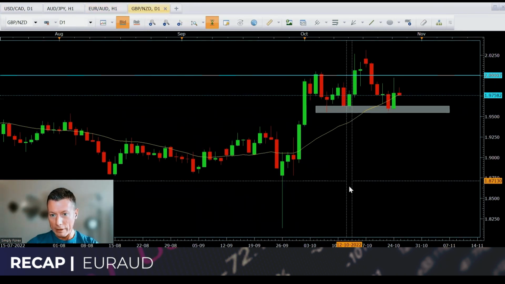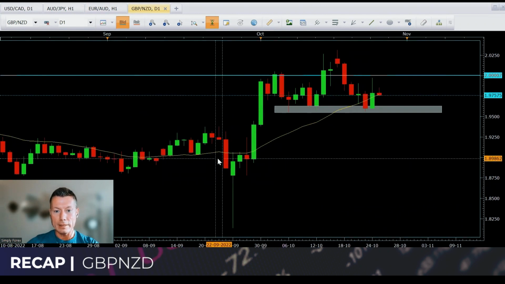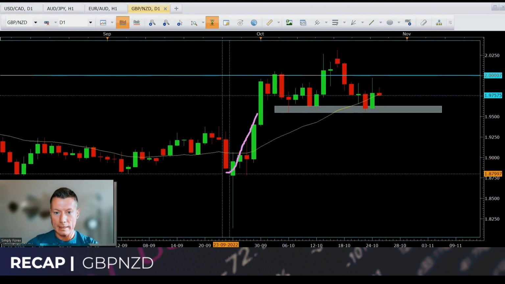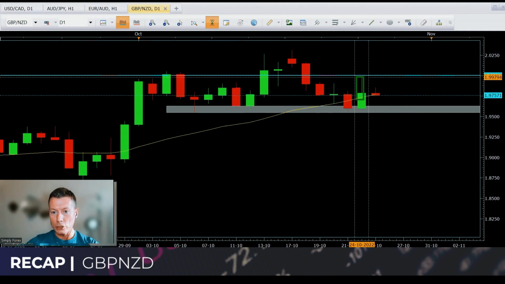The fourth and final trade from yesterday was this. This was the pound against the New Zealand dollar, and we were looking to buy this pair. So price was clearly in an uptrend, higher highs, higher lows, and the lows held. Okay. And then once price got back to this grey zone, we were just looking for a reaction, potentially up to this blue line. All right. And as you can see, guys, if I zoom in a little bit, we definitely got a reaction. It didn't quite hit our blue target, but we definitely got a reaction at this zone.